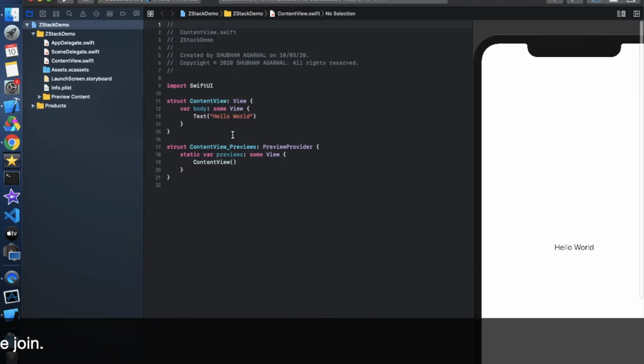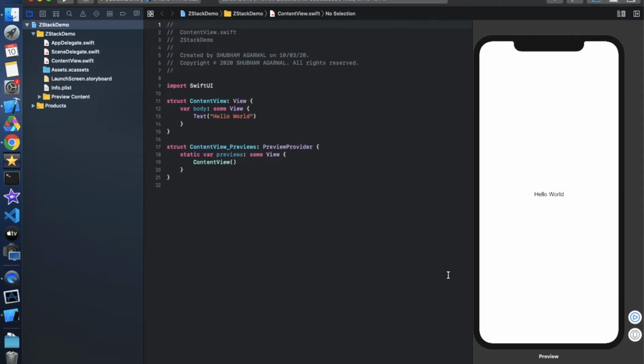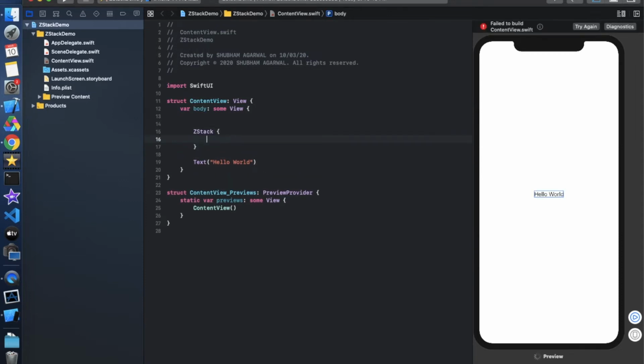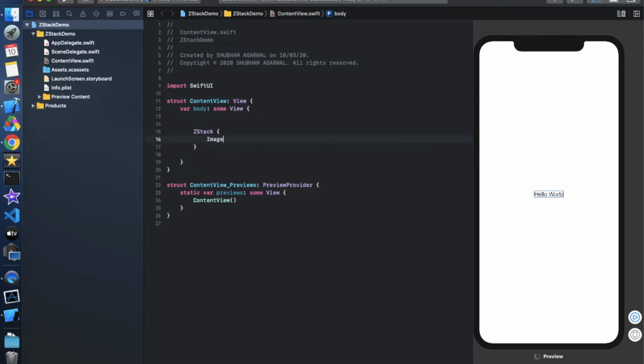So as we know, in SwiftUI we have VStack and HStack to arrange things on the screen, but sometimes we have some kind of a view and then we have some text over that view or over the image, and that cannot be arranged using HStack or VStack. So for that we will use a ZStack. So simply place ZStack like this, and in ZStack first we need to integrate one image. I'm just removing this and integrating one image, and simply write Image and the name of the image.